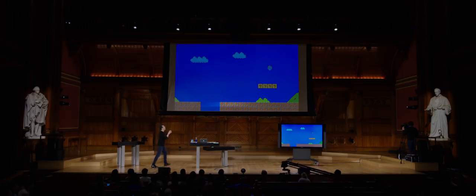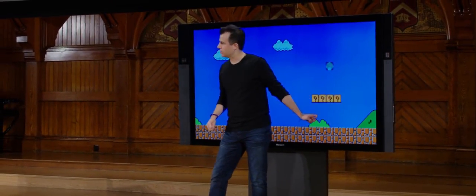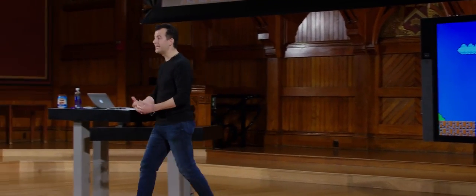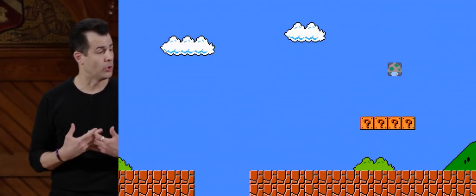But for now, I'm going to really, really simplify this and propose that all I care about for the sake of discussion is this line of question marks. How would a computer program, whether in Super Mario Brothers or today here in Sanders, go about printing a line of question marks in a row like that? Well, let me go ahead and open up